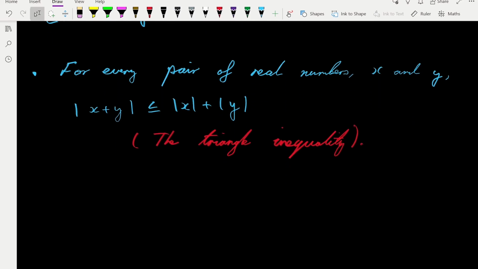Now, I won't prove this one because there are several ways you can prove it, but often it relies on other properties of absolute value, and then I'd have to go and prove those as well. So for example, another property of absolute value, so here's a bonus one, is that if, for instance, the absolute value of x is less than or equal to some real number a,